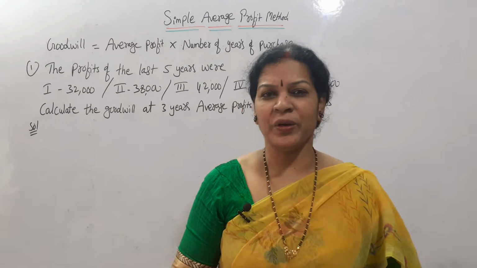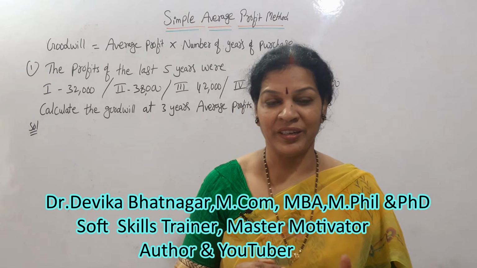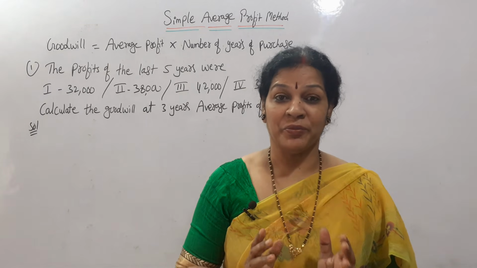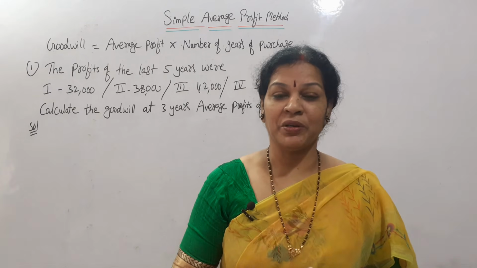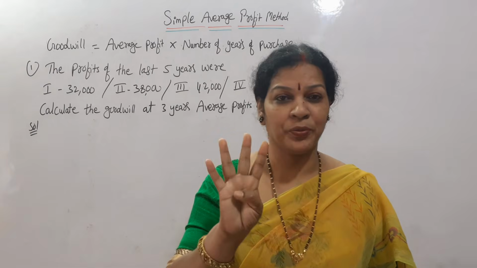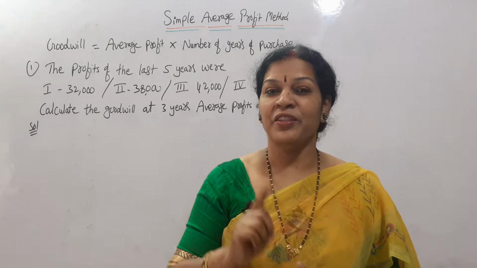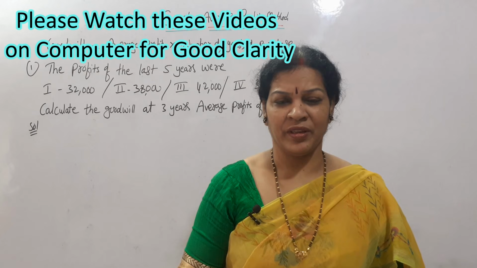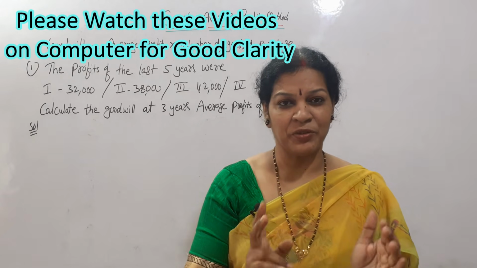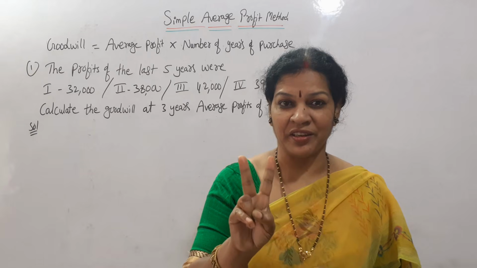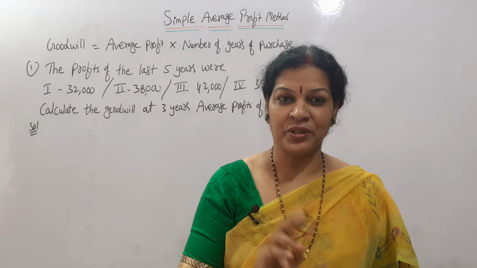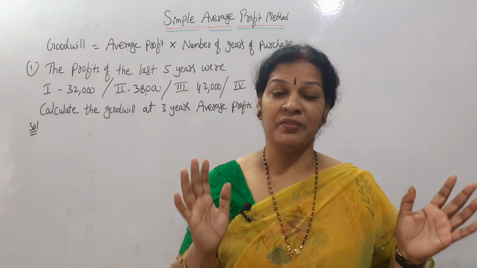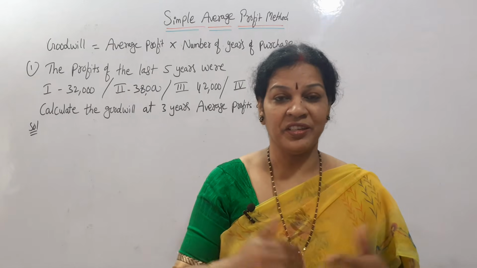We are into advanced accounting, valuation of goodwill. Introduction is over. Now the practical problems we will work out. Of the 5 methods, 4 methods are practical. The first method for practical is the simple average method. We know that two average methods are there: simple average and weighted average. So how do we calculate goodwill in the simple average method, we will see. Weighted average in the next class.